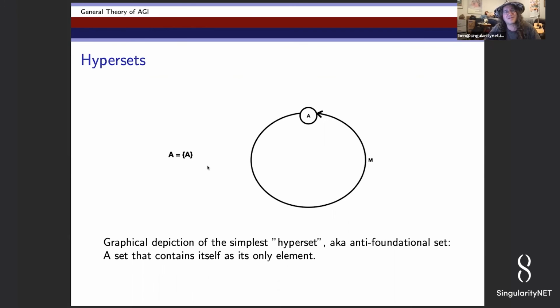In classical set theories, or Zermelo-Fraenkel set theory, you have something called the axiom of foundation, which says no set can contain itself as an element, right? But what if you want a set to contain itself as an element? Well, you use, for example, Aczel's anti-foundation axiom. Then you can make a set that contains itself as an element, as a circular membership graph, like the